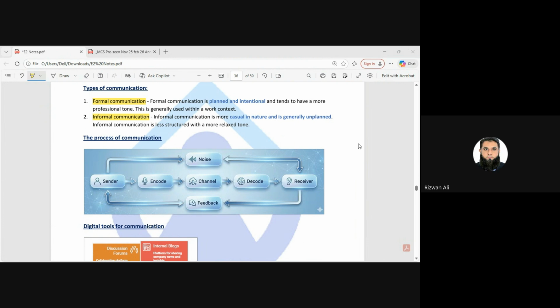But definitely it's at the start, and then with the passage of time, it will become your regular team, and then you have to be informal as well with that. And what about this? Which channel will you use? How will you encode, and how will you understand the other person is decoding? I will make sure that you're communicating exactly what you want. Because many times people have their bias. Even if you're praising someone, they'll think it's just a show. They're decoding in a wrong way.